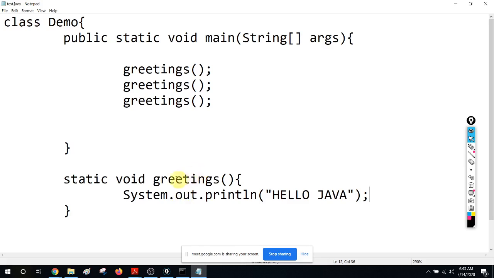So every method must have a return type. If there is no return, it has to be void. Otherwise you can specify the return data type like int or float, whatever. Then every method must have a name. Optionally, every method can have parameters, that is optional. The return type is not optional; if there is no return type, you have to say void. But for parameters you can just leave the brackets blank if there are none, right?